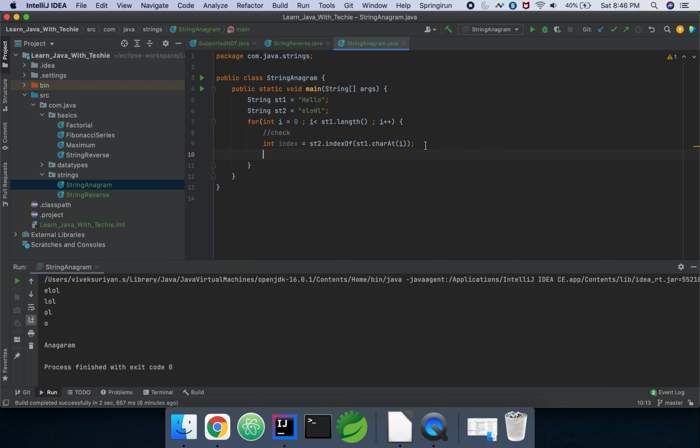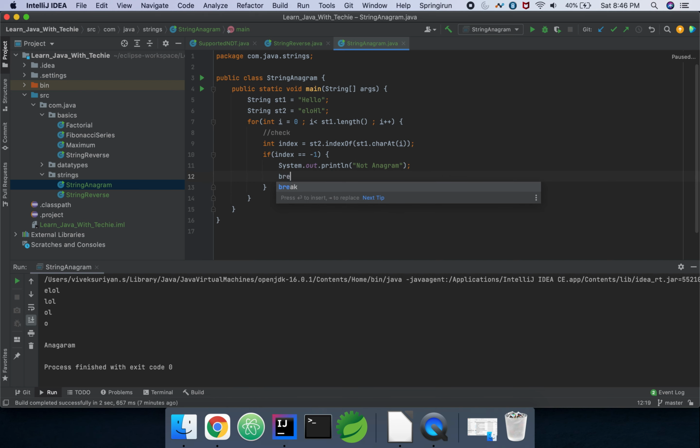If the character is not present, it returns -1. So if the index returned is -1, then we are going to print not anagram, and then we are going to break the loop.